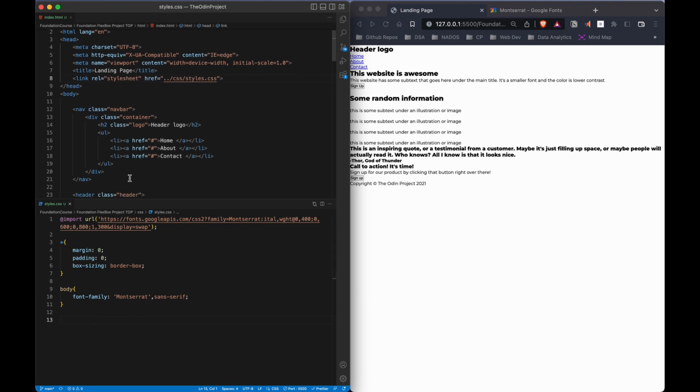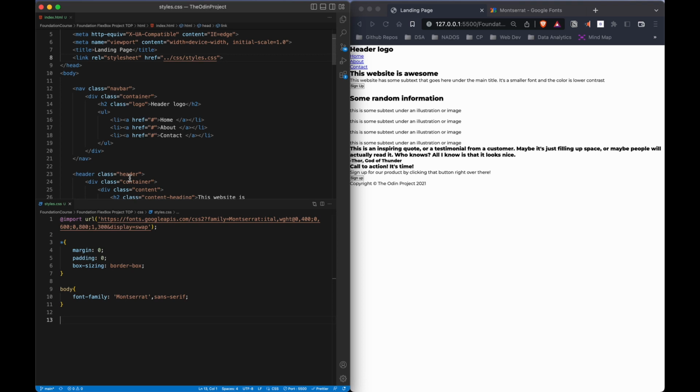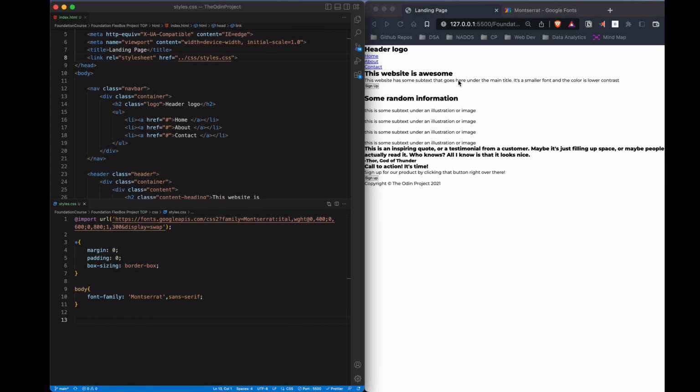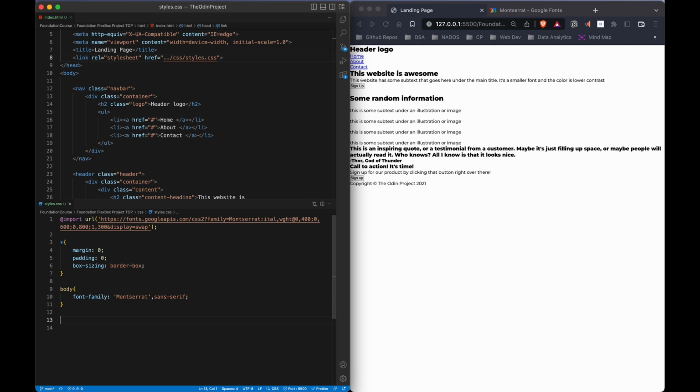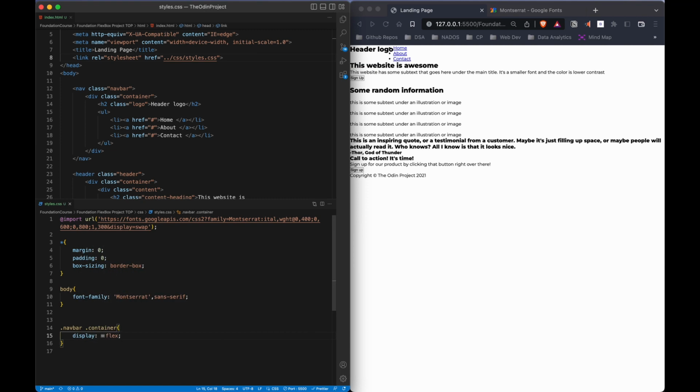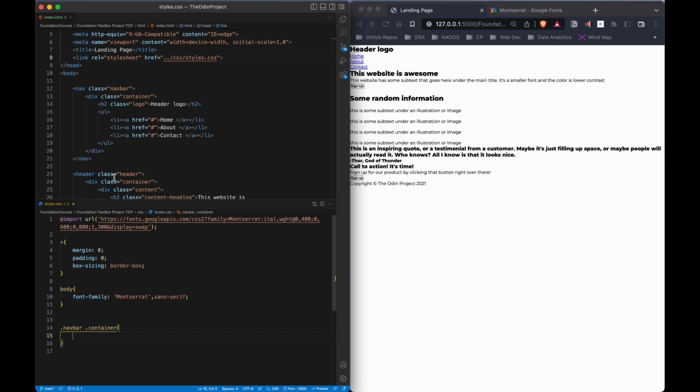All right, now let's come to the navbar. So I'll just make one change in the entire layout, that I'll keep the navbar a little bit different. So dot container, dot navbar, dot container, display flex. Alright, so it's working. I just was checking. So now we are over here, dot navbar dot container, and inside this what we'll do is